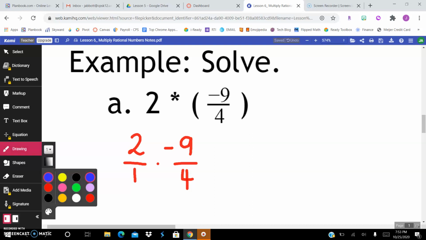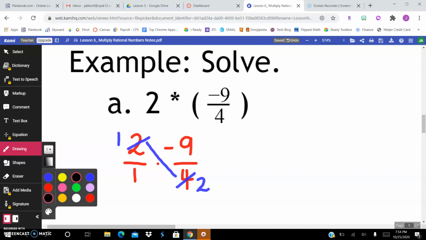So the way we reduce before we multiply is we look at numbers on an angle. I have 2 and 4, and they're both even numbers, so I know I can cut those in half. So half of 2 is 1, and half of 4 is 2. And then I look in the other direction, 1 and 9. I can only divide those both by 1, and that's not going to change their value any, so we're going